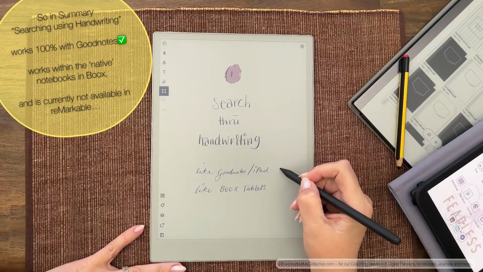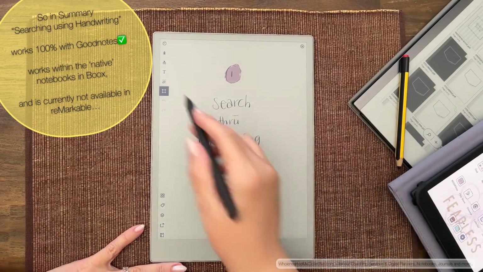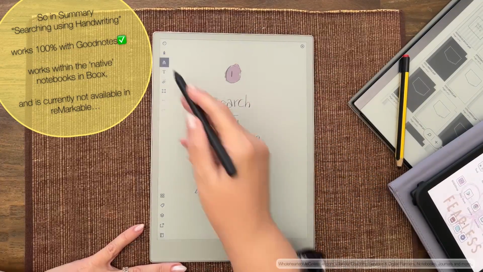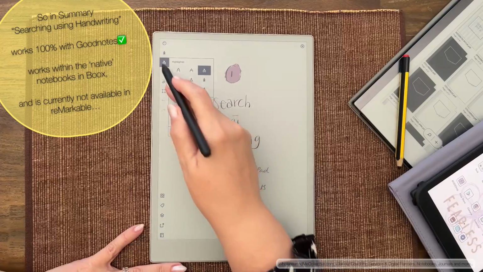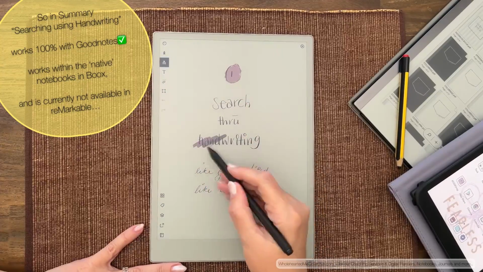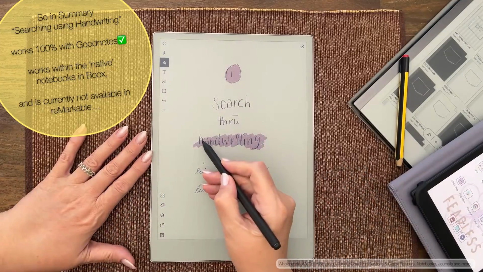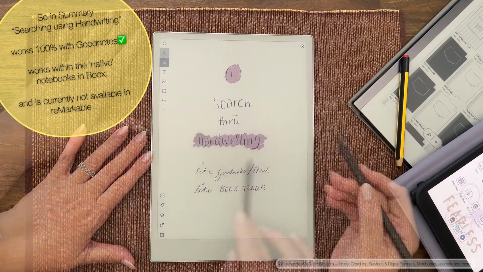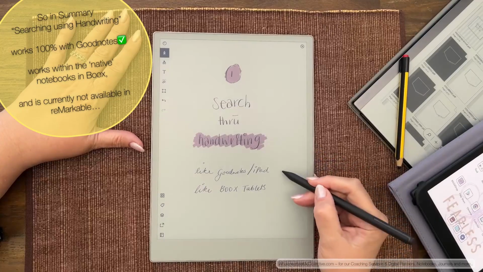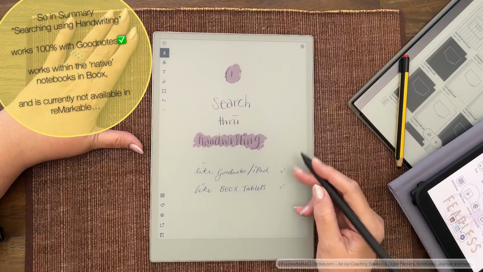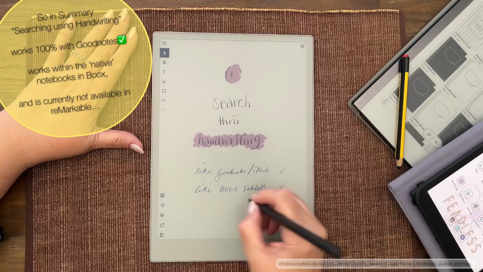So searching through handwriting, this is the key here. It's the handwriting. Let me go pink. Search through handwriting. GoodNotes, iPads does it, and BOOX does it in the notes, in the notebooks,